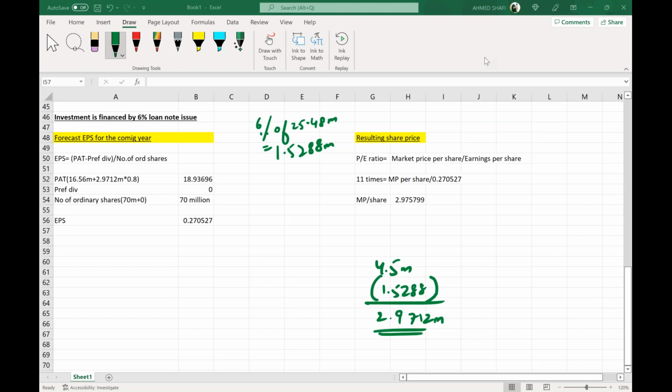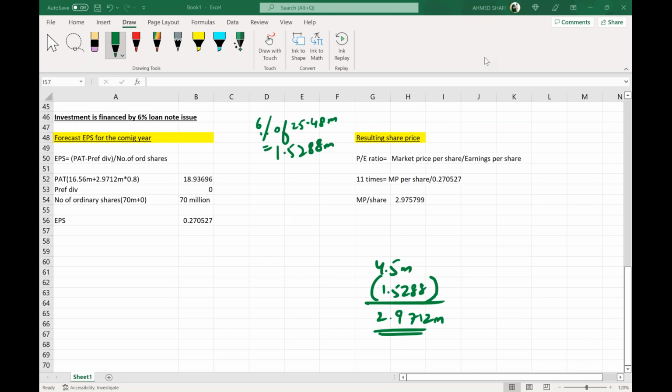So I think you need to see the working what I have done and what you are saying. You are doing completely different than I am doing. You are taking 20.16, that means increase by 4.5, deducting 1.5 to double it. Where is the tax impact on this 4.5 and 1.5 to double it?